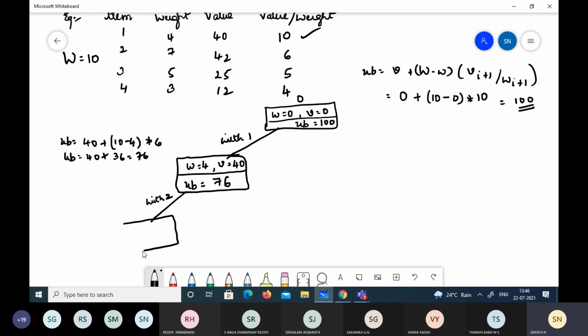Okay. Next. As you all know, on the left side, we'll take the next item and check. Let's check here. If I consider the next item, what is the weight? The weight for it will be with 1 and with 2. So 2 items means the weight will come to 11. Is this feasible or not, a promising or non-promising node? When the weight is 11, if I include this item, the weight will become 11. Then what type of node is this?